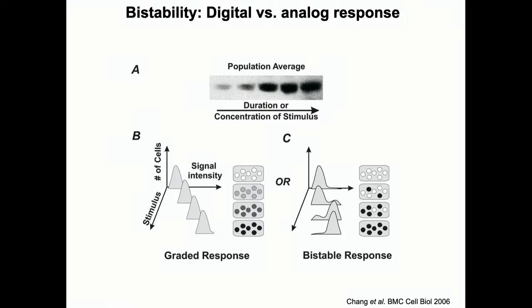But now if I ask you, is that happening because in every single cell the protein concentration is increasing slowly? Or is it that some cells are switching to a high protein state and the others are not, and what is increasing as a function of duration or concentration is the percentage of cells which have switched? Here you see 10, 20 shades of gray in between, and here you only see black and white, and what is controlling is the percentage of cells in the black state or the white state. So this can have very different responses.